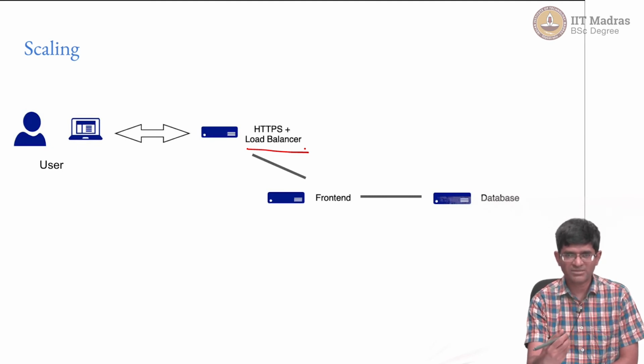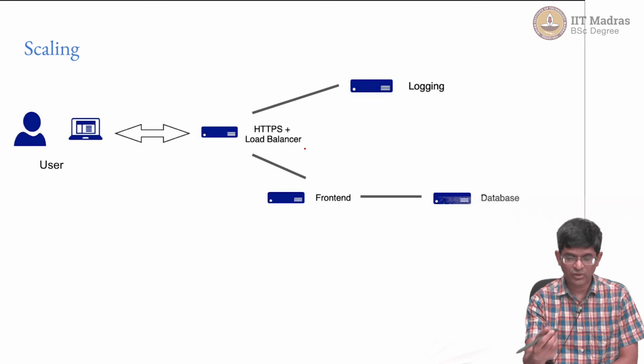Maybe one front end is busy preparing the response for one user, but for whatever reason your application is such that it takes a lot of time. So rather than trying to finish it fast or waiting until it finishes, you have multiple other front ends that can actually respond. Before we get to that, one of the things that you could do is this HTTPS and load balancer,